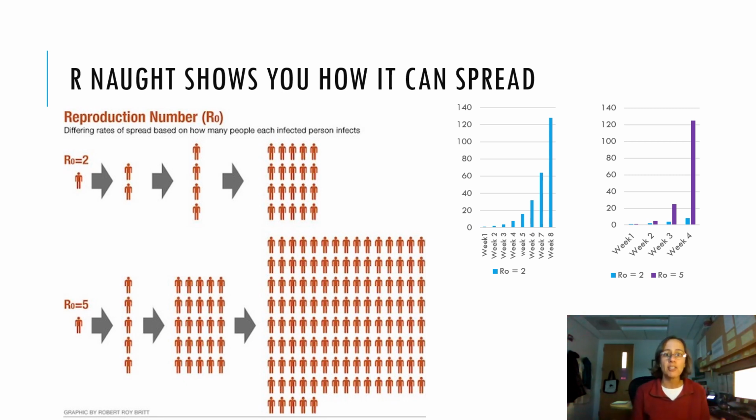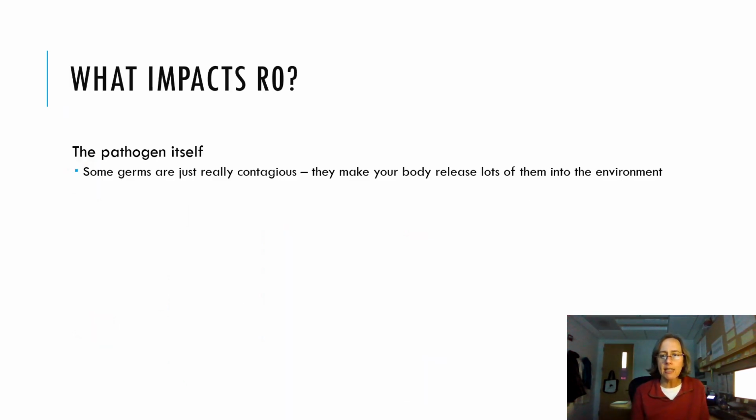Okay, so R0 is a really important number when we're talking about communicable or infectious diseases. So what impacts the R0? Like what determines whether something is really contagious or not? Part of it is the pathogen itself, the characteristics of the germ, the virus, the bacteria. Some germs are just really, really contagious. They're really good at turning your body into little germ factories that can then infect lots of other people. So some of it is just inherent in the type of infection it is itself. But